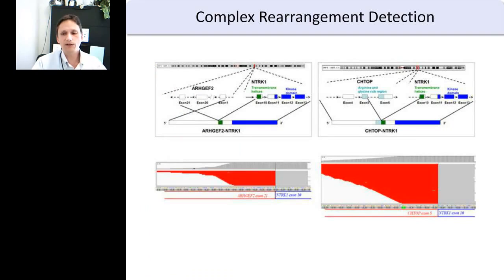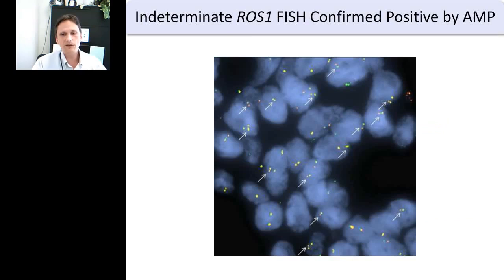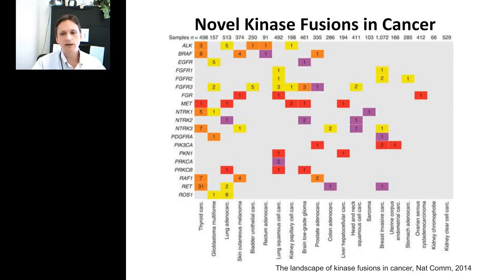I'm going to skip over this in the interest of time, other than to say we can detect novel complex rearrangements. This was an indeterminate ROS FISH case. As I said, it's helped us solve some cases. In this case, we have a green-only dot, which we don't really know what to do with. In some of these cases, a green-only dot is on the 5' end of the ROS gene in our assay, and so in this case, the positivity must have been a complex rearrangement which deleted the 3' probe,